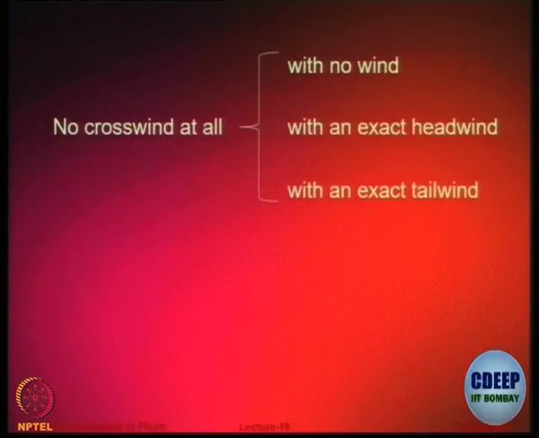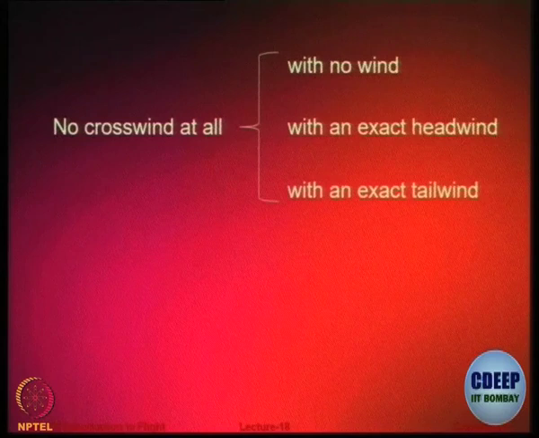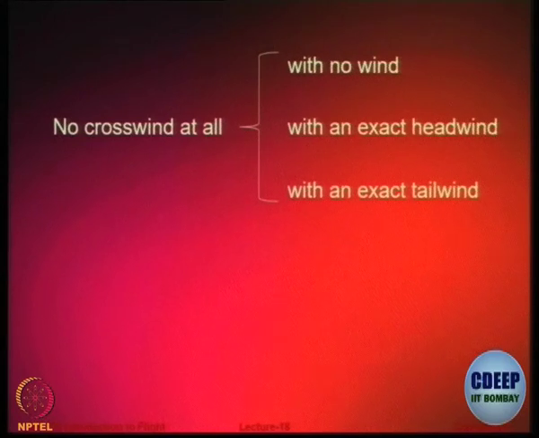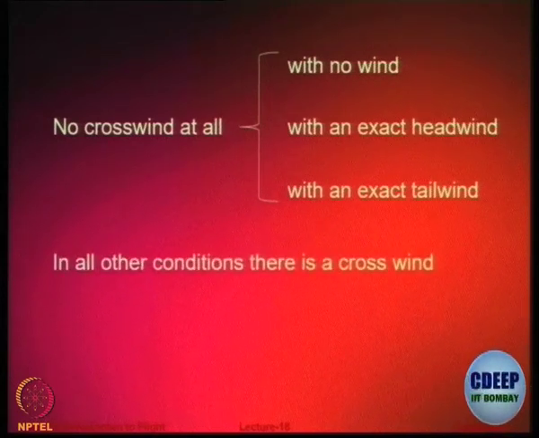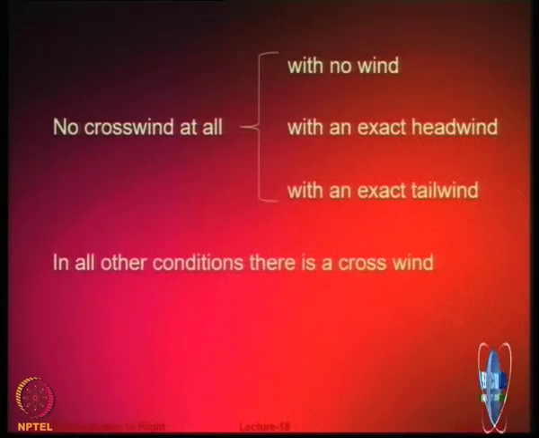So you can have three situations. You can have ideally no wind, or you may have a headwind, or you may have a tailwind. Okay, this is very good. This can be easily handled. And in all other situations you have a crosswind, and sometimes the crosswind can be more. So there is a typical requirement which says that an aircraft is allowed to land if the crosswind that it encounters is less than 1/3 the stalling speed. It's a rough rule, it's a thumb rule.